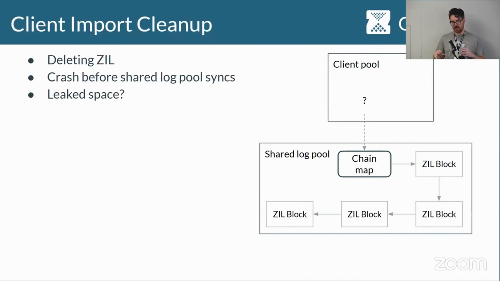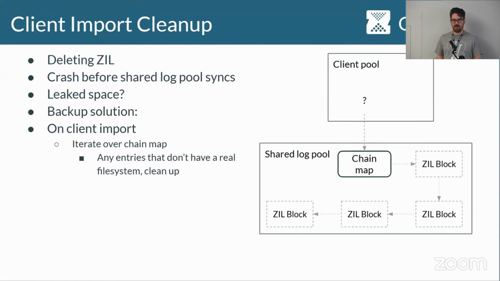But there's a little bit of a race condition here that you might catch if you're a little bit tricky. So I talked about what happens if you delete a file system, which is that after we sync the transaction group in the client, we go and update the chain map and free all the blocks in the shared log pool. What happens if we crash after we sync in the client, but before we sync in the shared log pool? Then the chain map entry will still be present on disk and all the ZIL blocks would still be present on disk. And now we would leak that space if we didn't have some way to clean that data up. And so the solution there is that